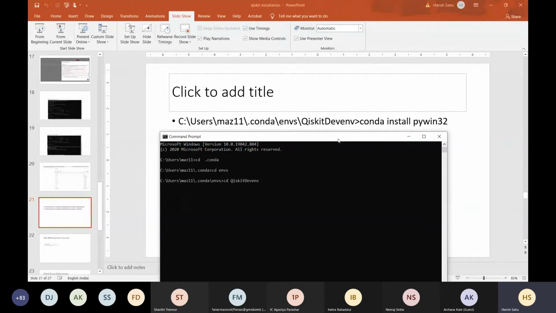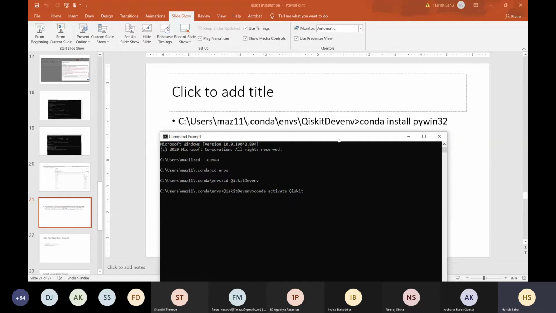Now what is the next thing I have to do? This installation I have already done. Now I need to activate that environment: conda activate. What is the environment name?